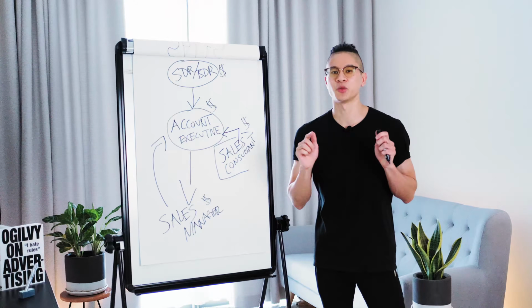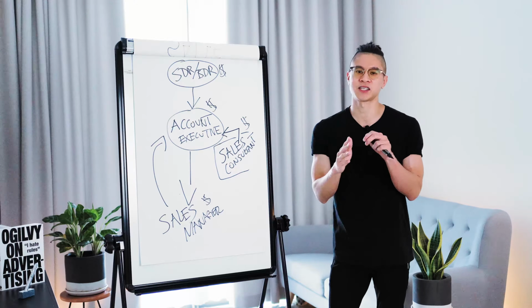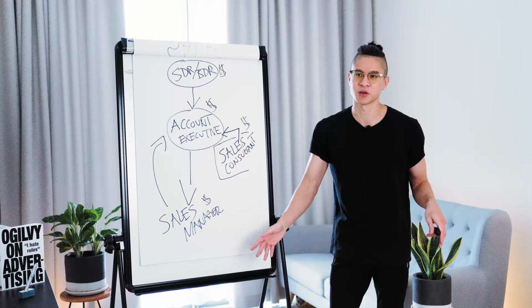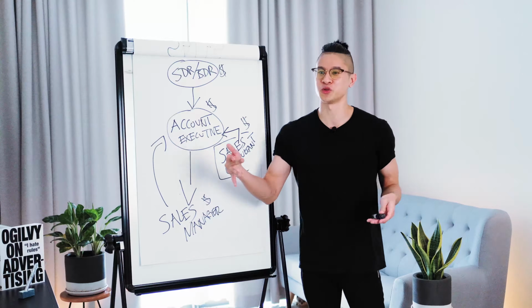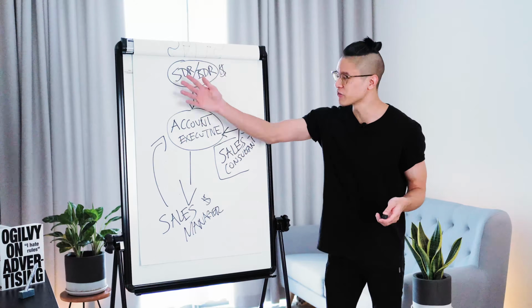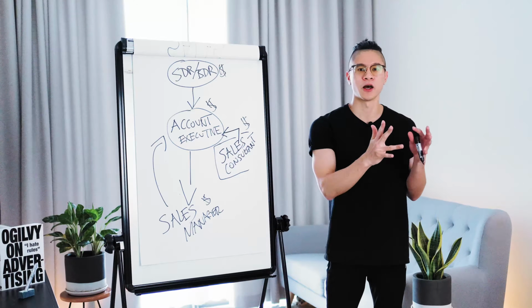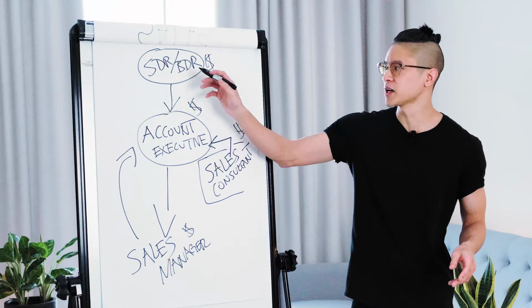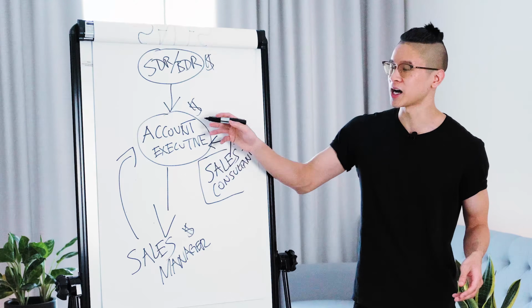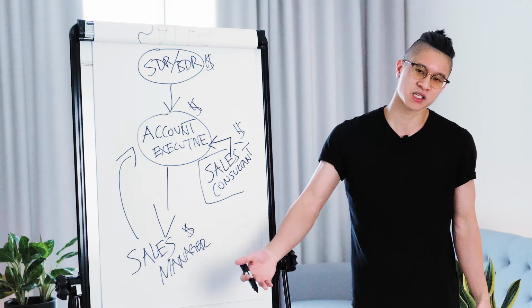So that's why when you're thinking about the roles you want to join, you also have to think about the territory, because if the territory is not good, nobody makes money. But if the territory is really good and it's easy to sell that specific product or service to that specific demographic, then everybody in that territory is going to make more money. So obviously, better territory, more likely chance you're gonna hit your quota or just blow it out of the water. So that's essentially the 4 different roles when it comes to the people who are actually executing and selling into companies.